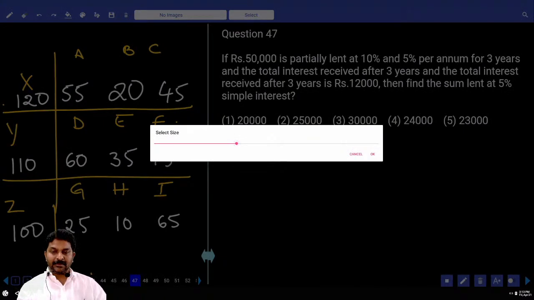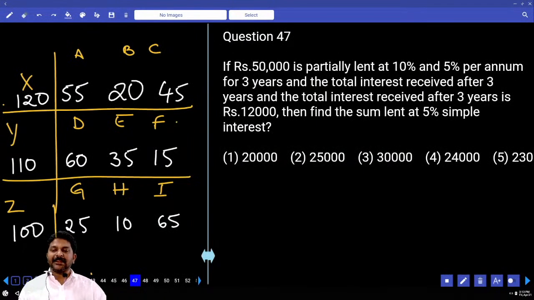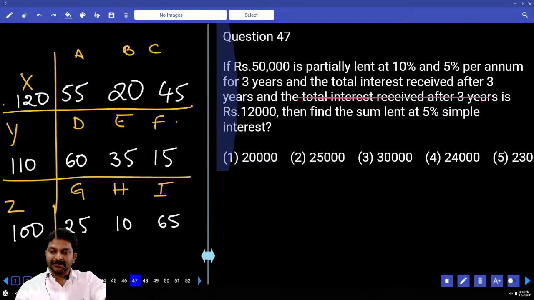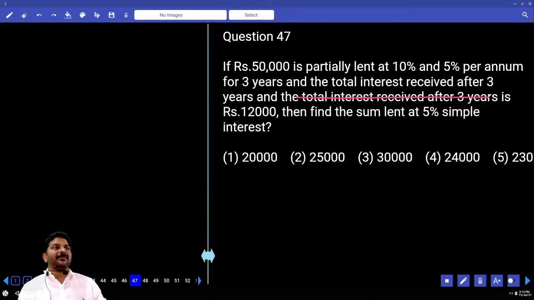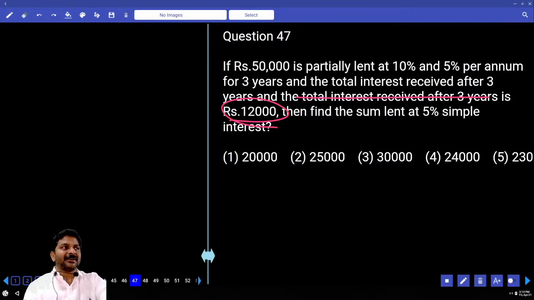Okay. 50,000 is partly lent at 10% and 5% per annum for 3 years, and the total interest received after 3 years is 12,000. Find the sum lent at 5% simple interest. Okay, now we have two schemes. In both schemes, it is simple interest only. For 3 years, if the simple interest is 12,000,